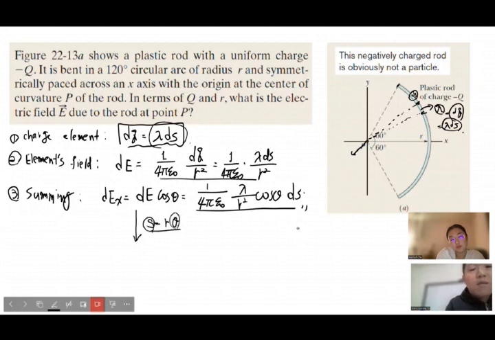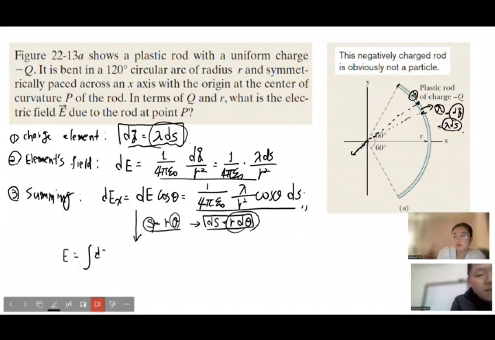If you take a derivative of this equation, then ds equals r d theta, because r is a constant value. So that can come out of the derivative. If you replace ds with r d theta,